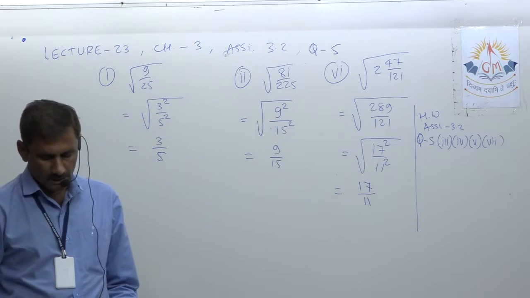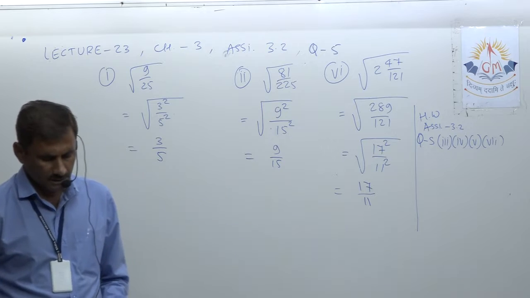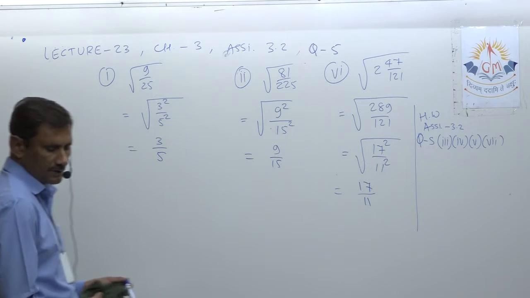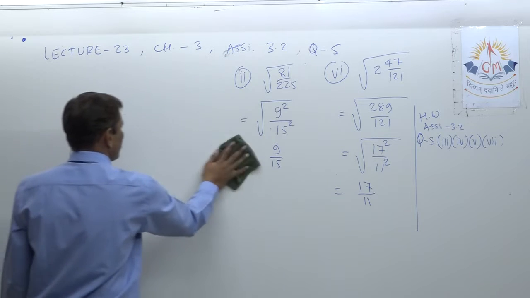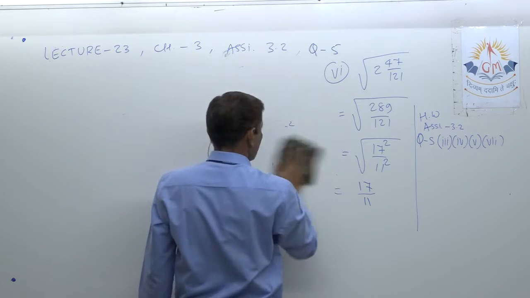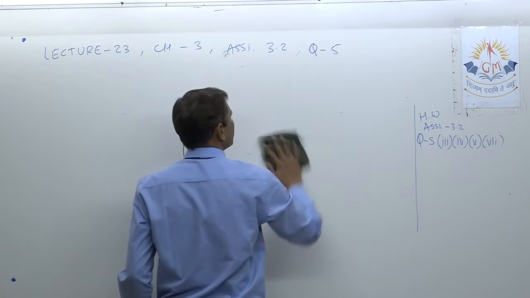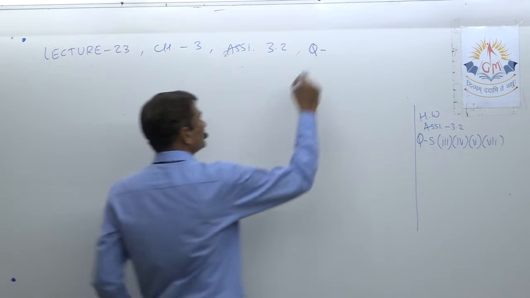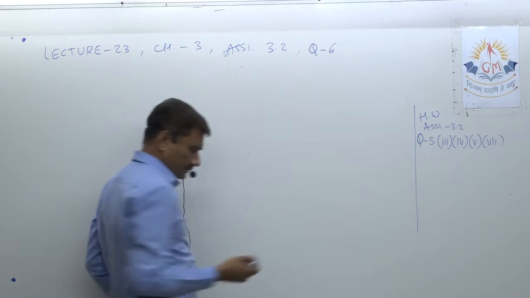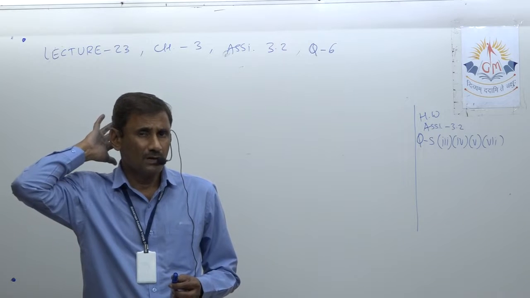Okay, now look at the next one. Sixth: find the square root of the following decimals. Again, decimals are given, meaning there are points in the numbers. And you know, we have two methods, the factorization method and the long division method.